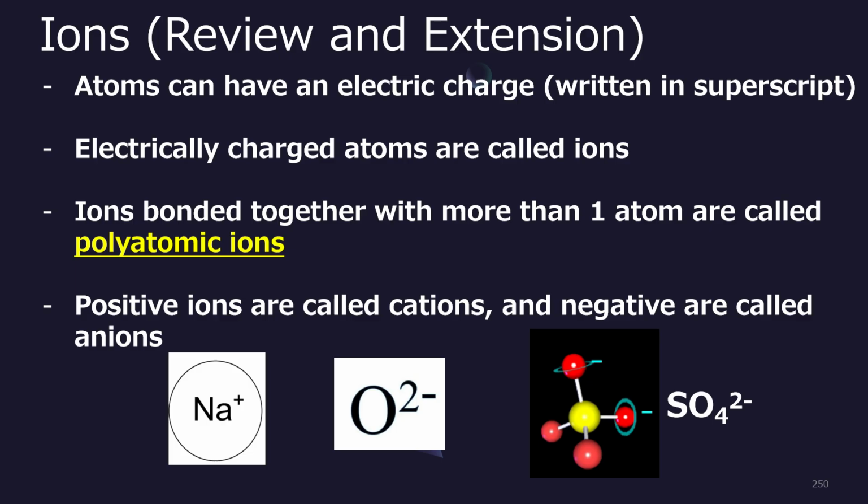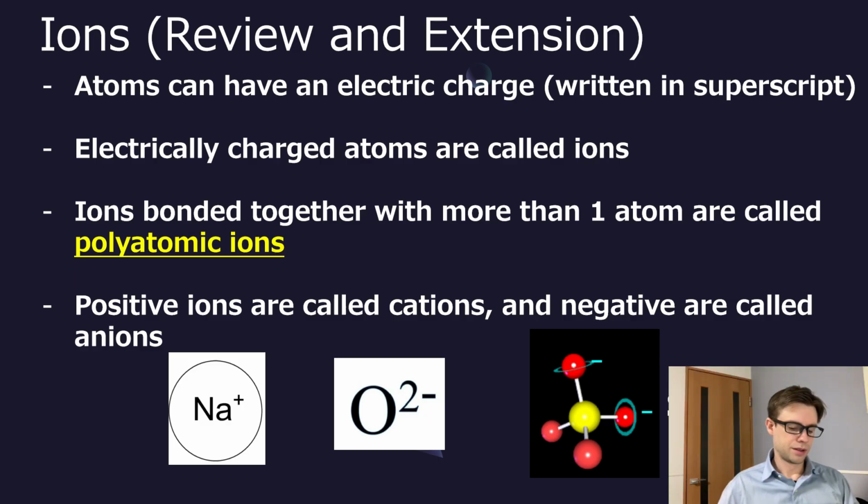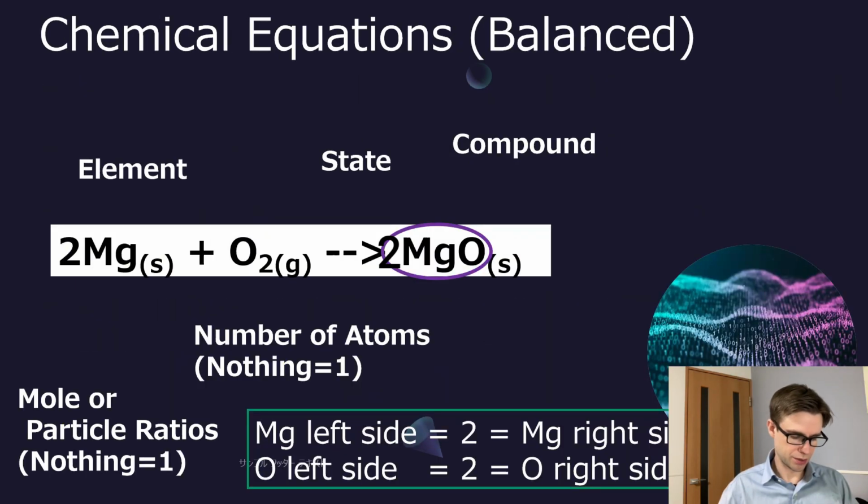So positive ions are called cations, negative are called anions. That has not changed. So SO4 2 minus, even though it's polyatomic, is still an anion. These things are just going to start appearing in some chemical formula, so I think it's good that I introduce them. So before I finish this video, I do want to